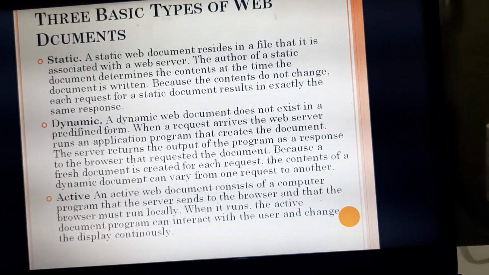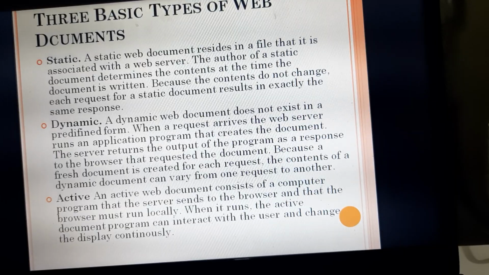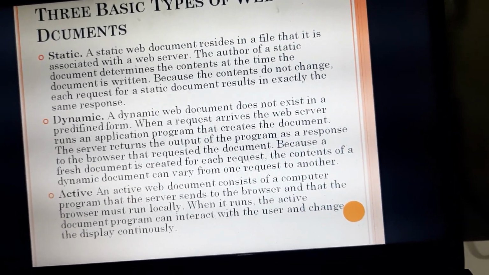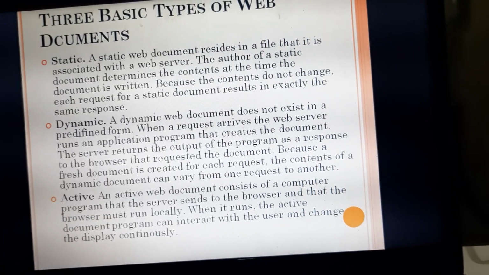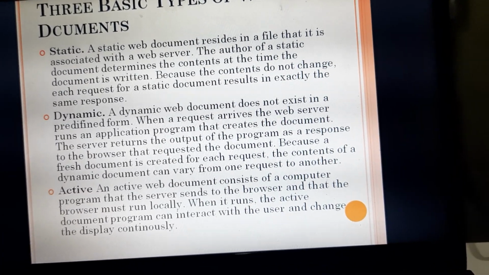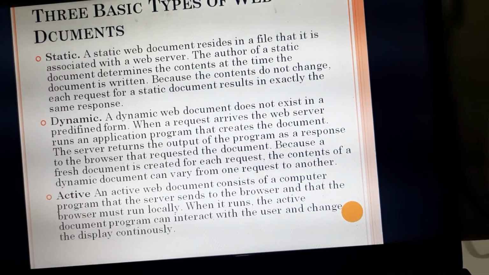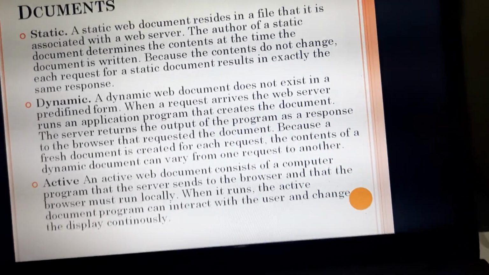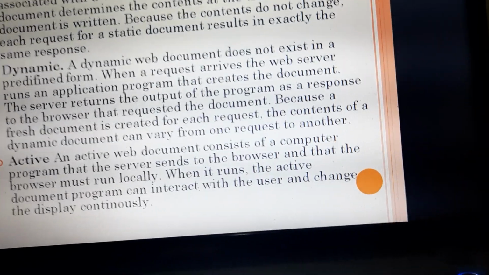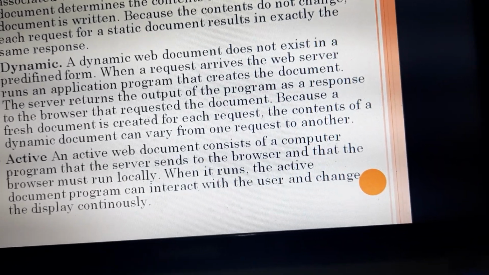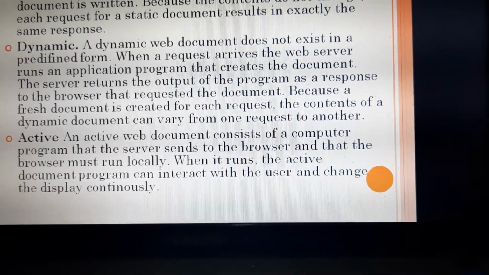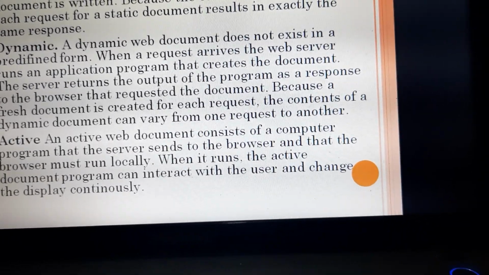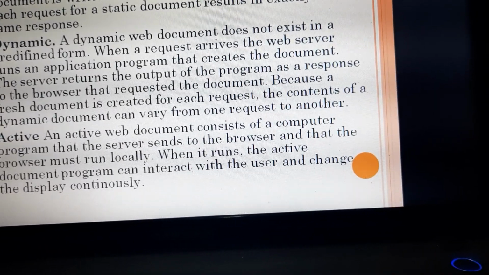Whereas dynamic web pages do not exist in a predefined form. When a request arrives, meaning when the browser makes a request, the web server runs an application program based on the request and then creates the document. Whereas the active web document consists of a computer program that the server sends to the browser and that the browser must run locally.